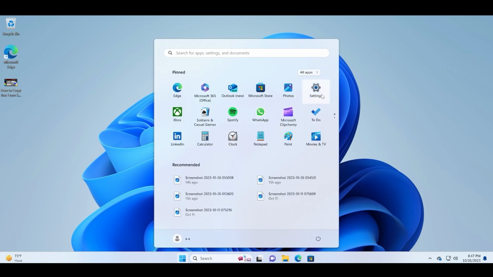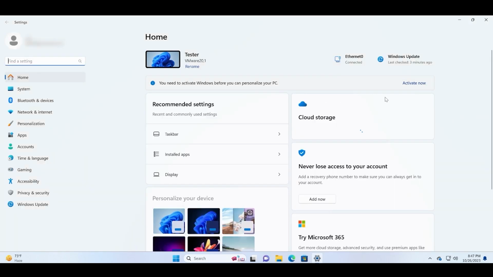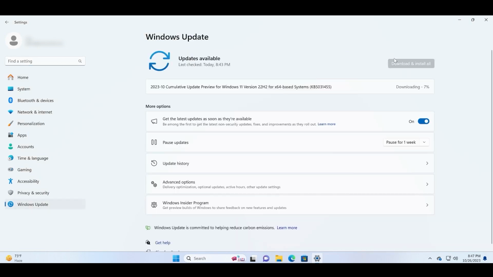Now, open the Settings app and you need to check for Windows updates. Just check for the update and I have downloaded it, the KB5031455 update. Also enable the get updates as soon as they are available toggle and then restart your computer. This update doesn't take too much time to install. It took around 5 to 10 minutes to install on my PC, but the experience can vary from computers to